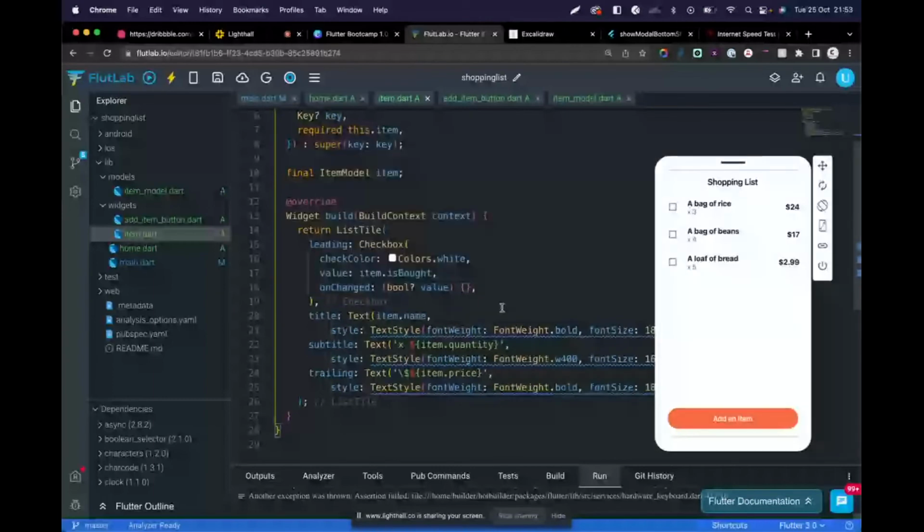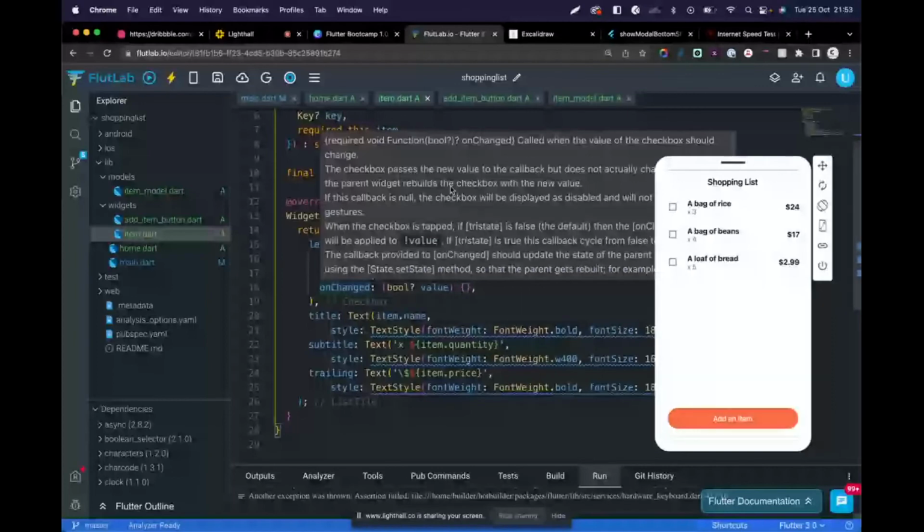There's an onChanged here. So we need to make sure that this onChanged, when we click it, is going to mark this item. So how do we do it? Here we are going to pass in a function that takes in a boolean, and we name it onChanged, and then in here we just do onChanged. So we say this.onChanged. Now we go back here